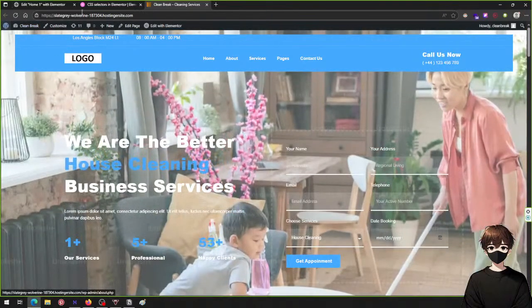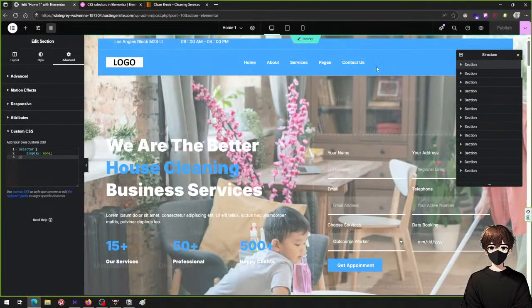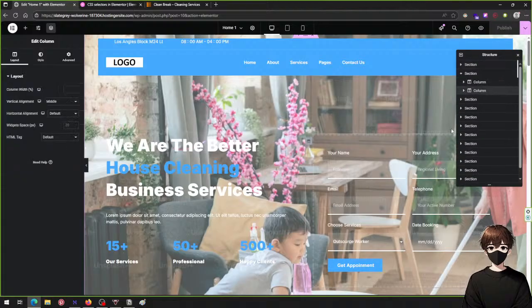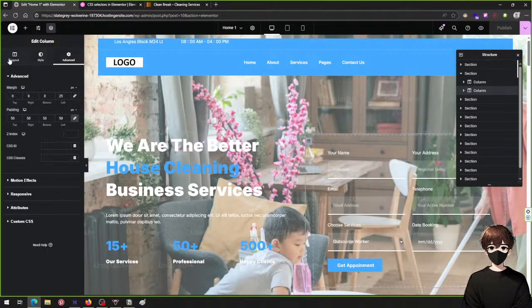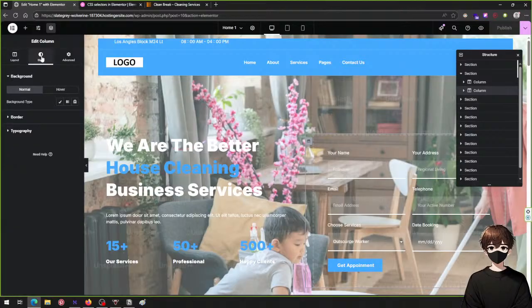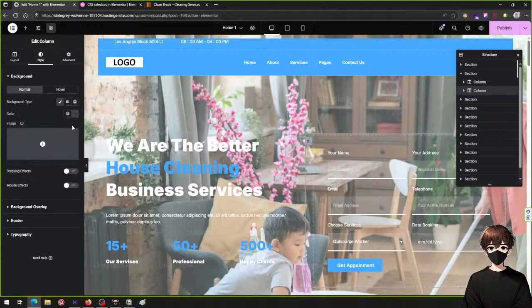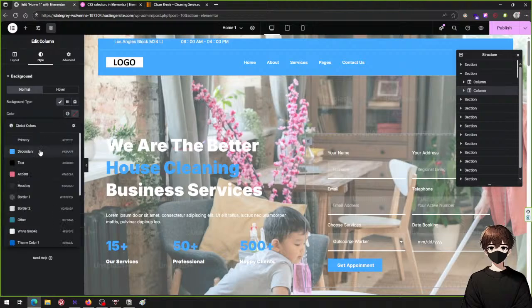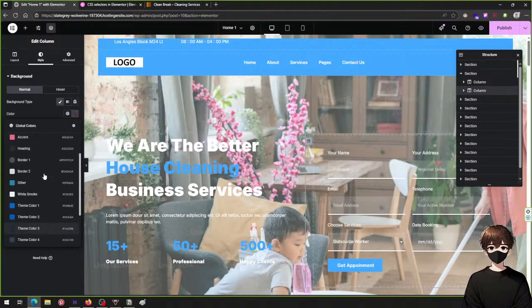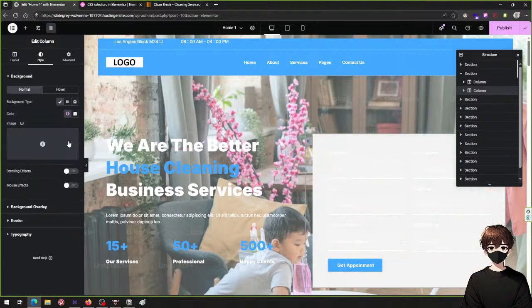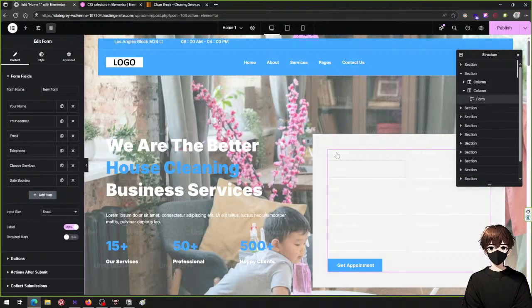Okay. Now we have an issue with the placement of the navigation. I actually don't want to edit it right now. The only thing I want to edit is this one, which is this column. I want to have a background. Let me see how I do this. Okay, normal background type. Let's do white smoke. Okay, and then yeah, the text inside is gonna be very difficult, but